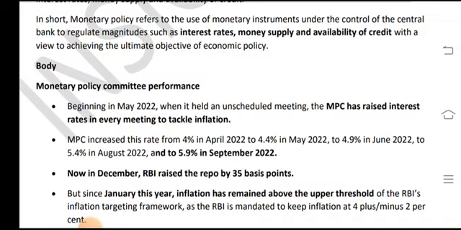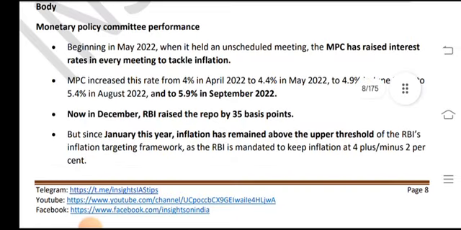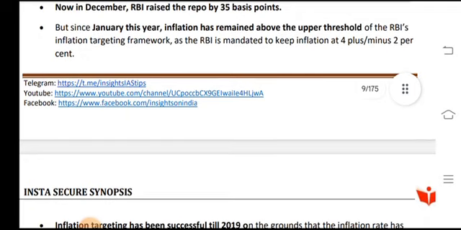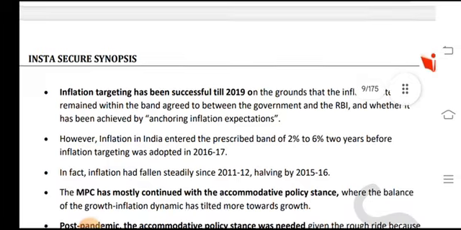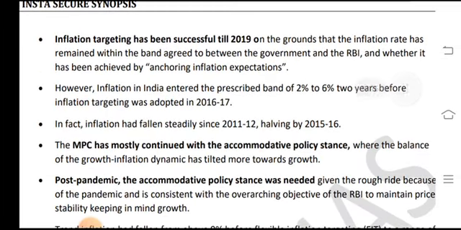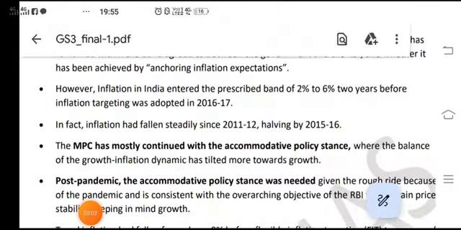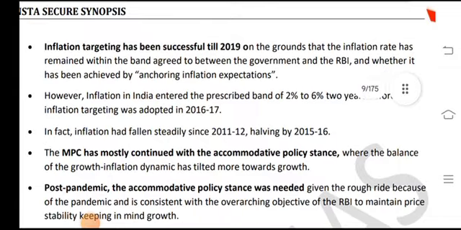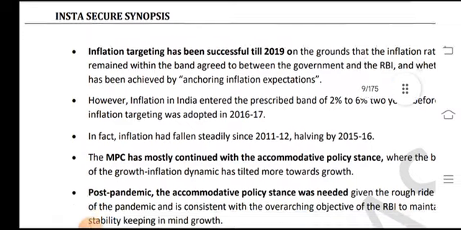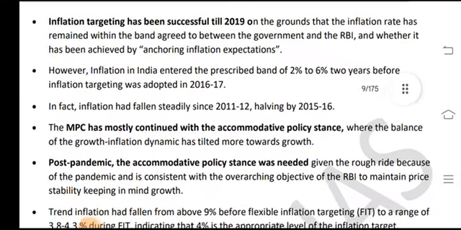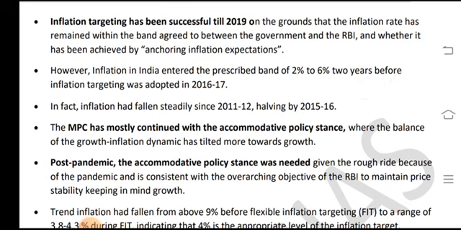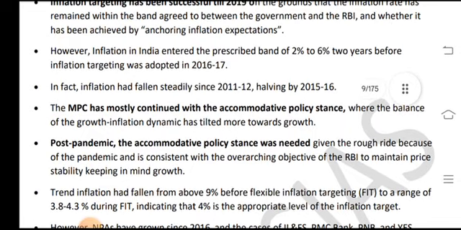RBI raised the repo by 35 basis points, but since January this year, inflation has remained above the upper threshold of the RBI's inflation targeting framework, as the RBI is mandated to keep inflation at 4% plus or minus 2%. Inflation targeting has been successful till 2019 on the grounds that the inflation rate has remained within the band agreed between the government and the RBI,